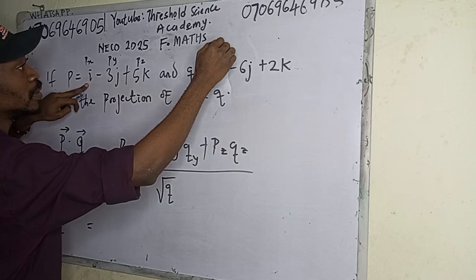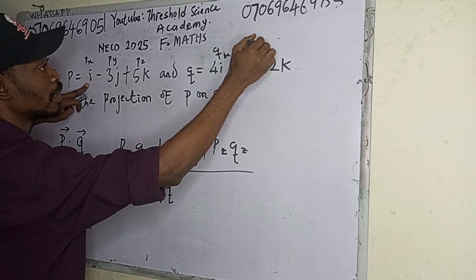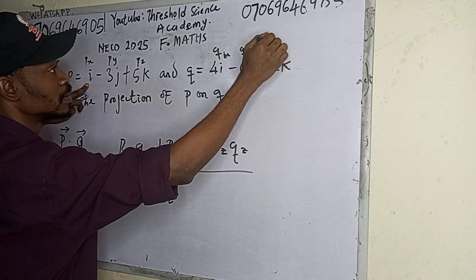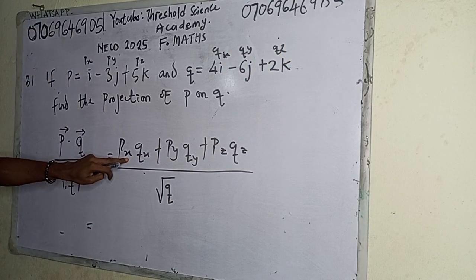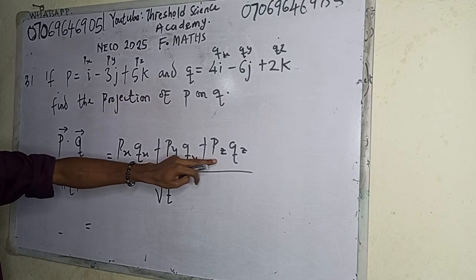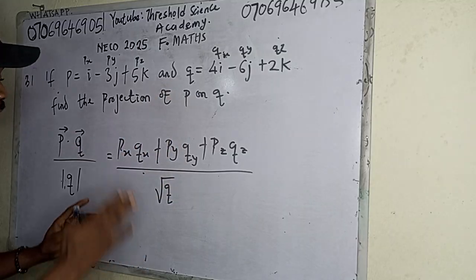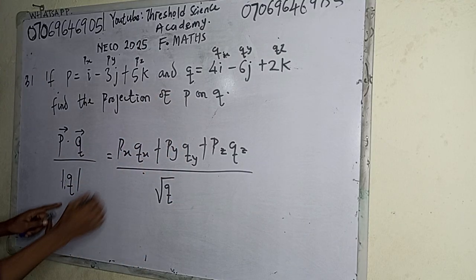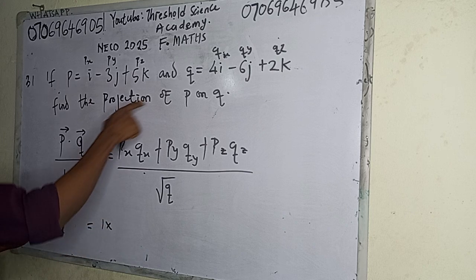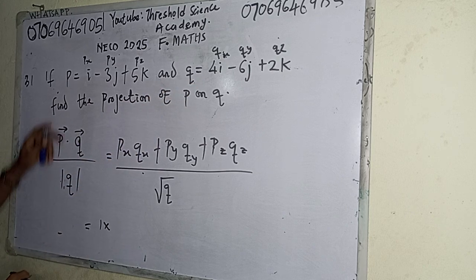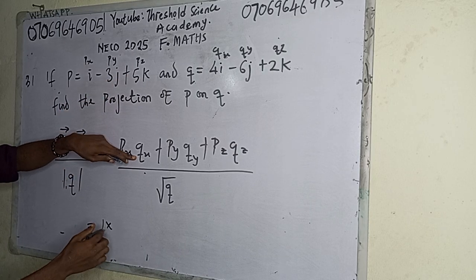And this is going to be qx, qy, and qz. All right? So X represents I, Y represents J, and Z represents K. These are the unit vectors along these lines, X, Y, and Z. All right? So Px is going to be 1 times Qx,